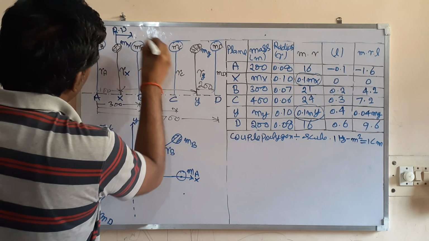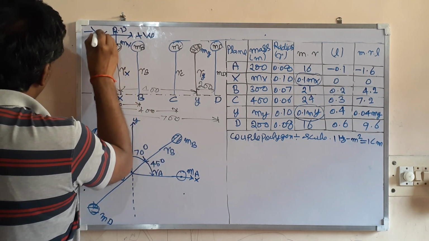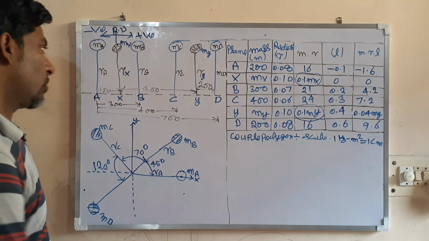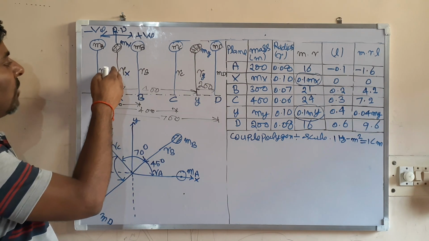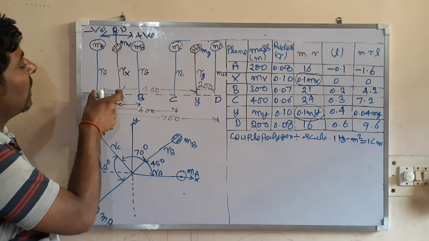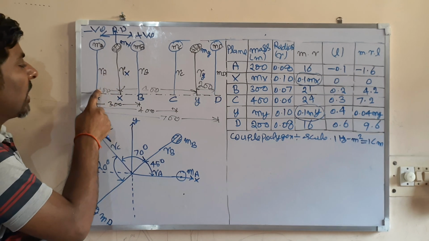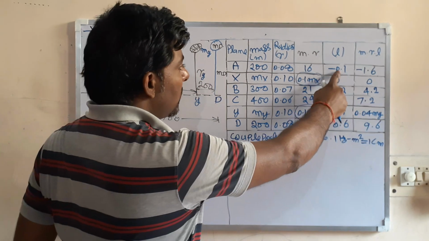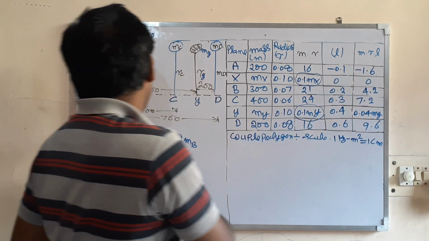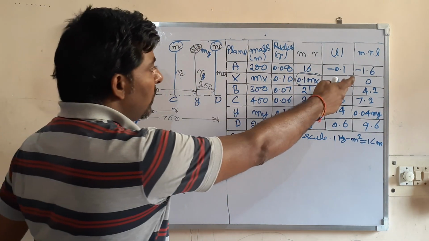Distance measured to the right of the reference plane is taken as positive. Left of the reference plane is taken as negative. So let us see what the distances from the reference plane are. At what distance is plane A? This is at 100 mm, but this is on the left, so that will be negative. So minus 100 mm, in meters, will be minus 0.1. Plane X is itself at the RP, so its distance will be 0.